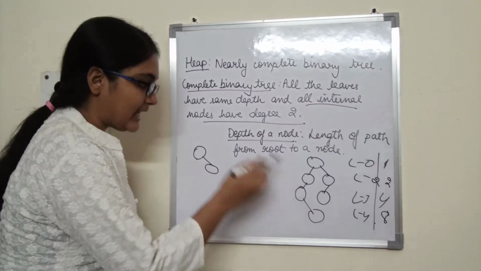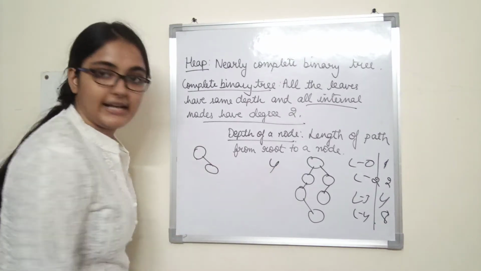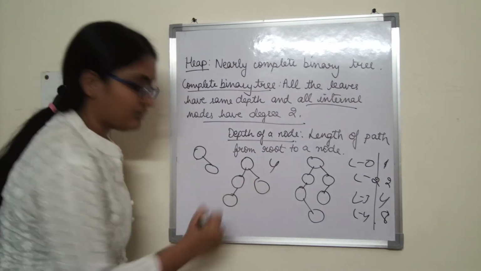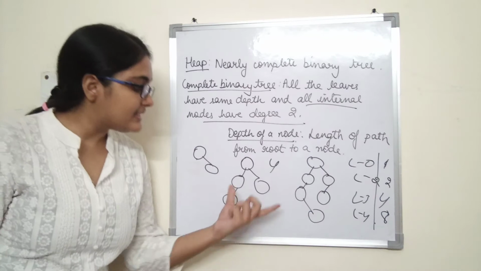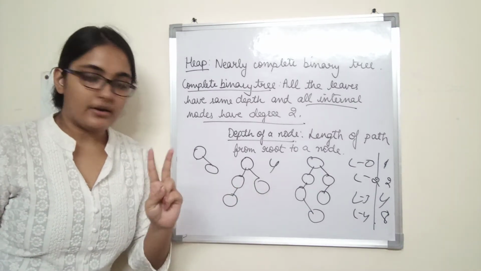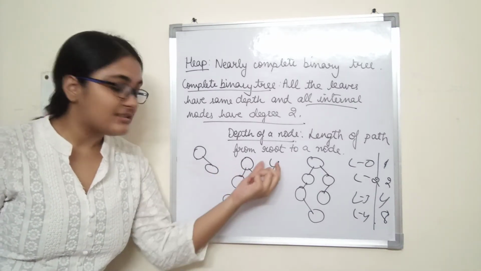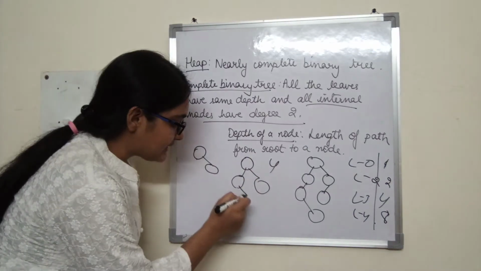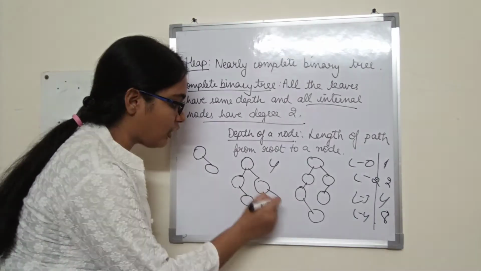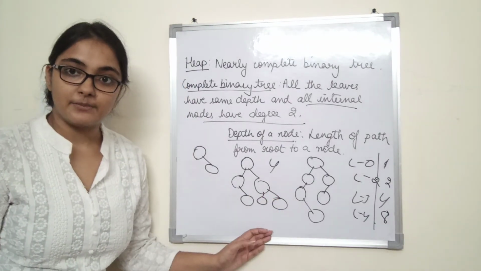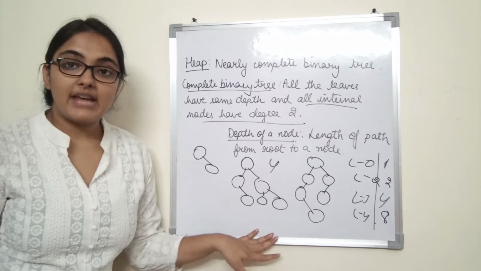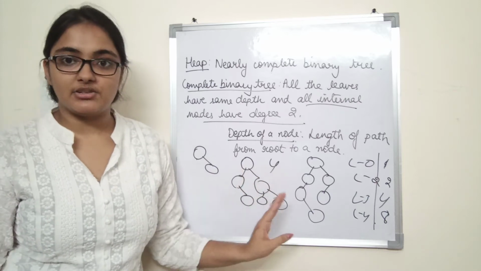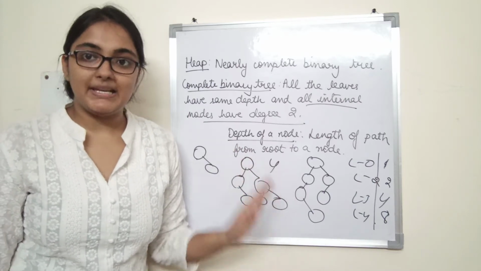If I have to make a nearly complete binary tree with 4 nodes, let us say, it should be like 1, 2, 3 and 4, because this level can have just 2 nodes. Now, in order to place the 4th node, we have to start from the left on the next level. If it is like this, or this, it is not a nearly complete binary tree. We have to fill level wise from left to right, then it is called a nearly complete binary tree. So a heap is a nearly complete binary tree.